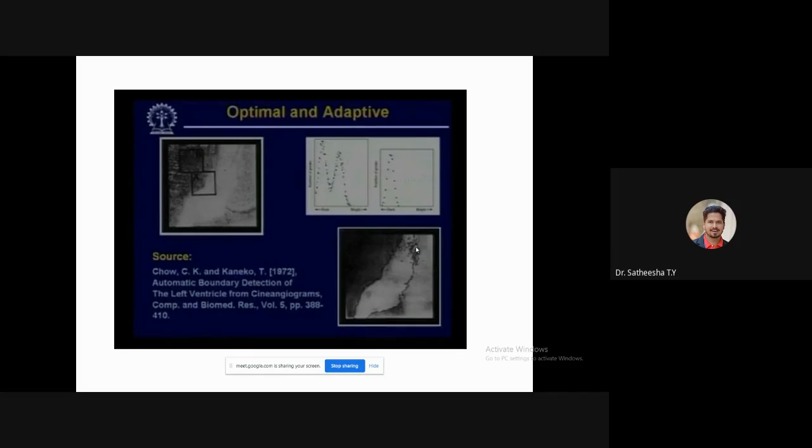For each of the sub images, the histogram was computed, and some of those sub images show a bimodal histogram like this. Whereas if I take a sub image which is normally shown as a unimodal histogram, it is given here.